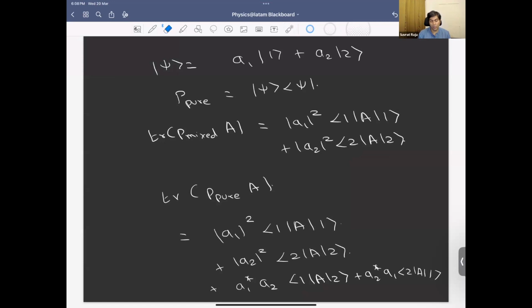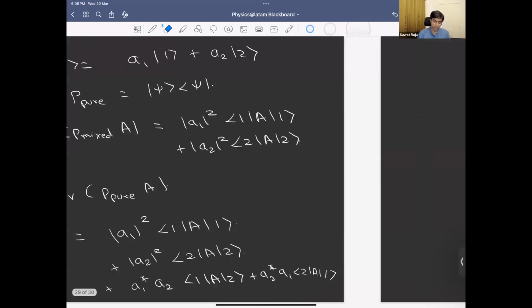Okay? So I want to now explain to you how in a statistical setup, it's often very hard to differentiate pure states from mixed states when you have a very big system. Okay? So the question I want to ask is similar to the one that I asked before. Okay? So say we have a